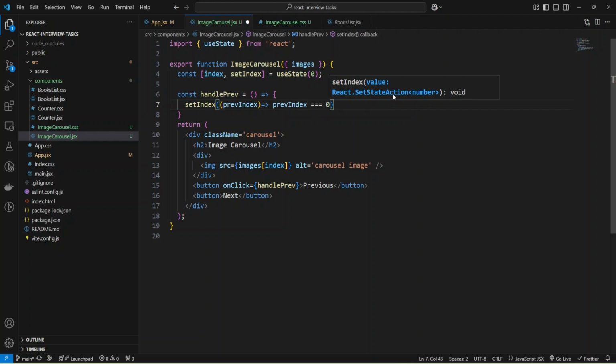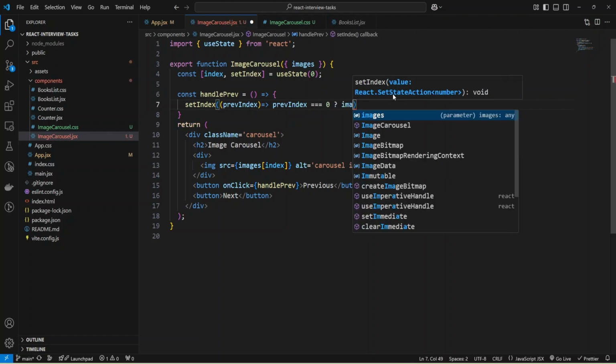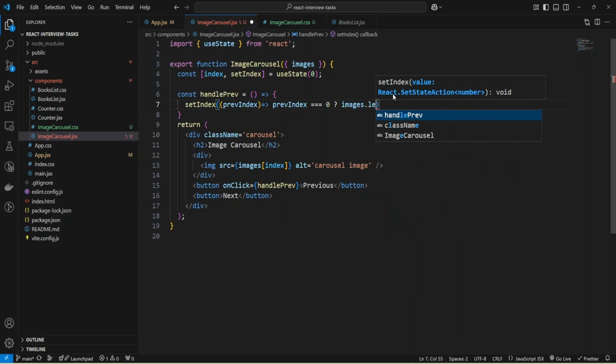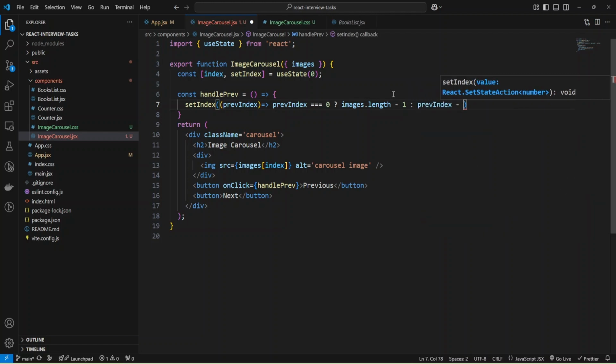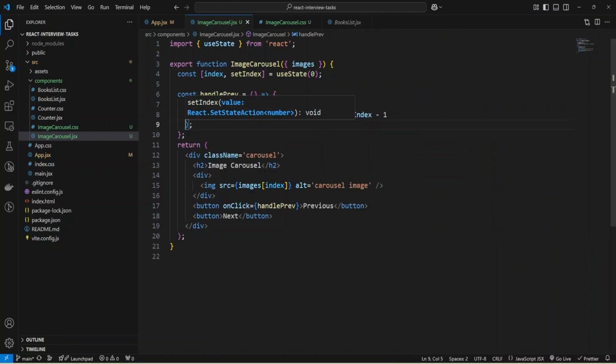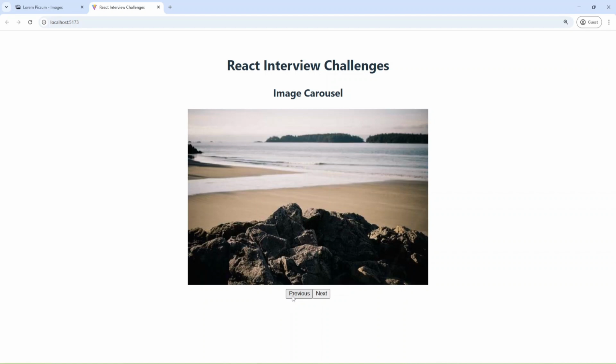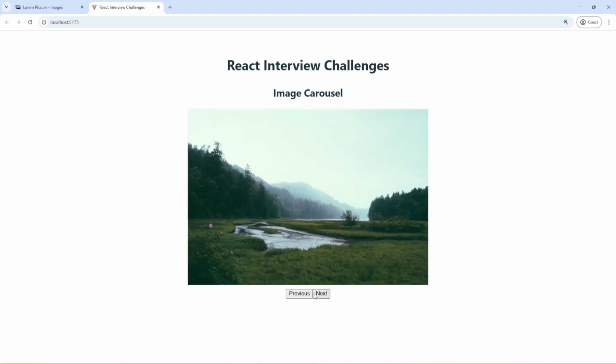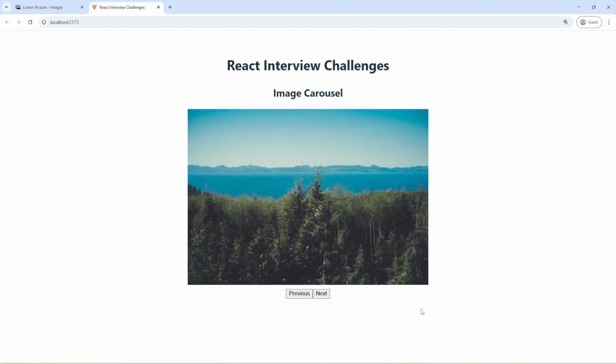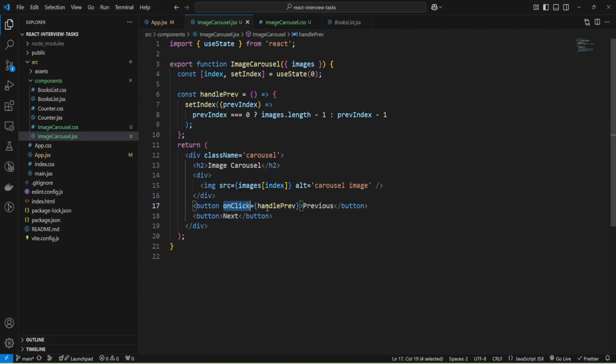Let's check prevIndex. If it equals 0, then we are at the beginning, and we need to go to the end, so I'll use images.length - 1. Otherwise we'll just subtract 1 from prevIndex. Let's check. I'm going to press the button, and as you can see, we can go to the previous image. Let me add the function onClick handleNext.